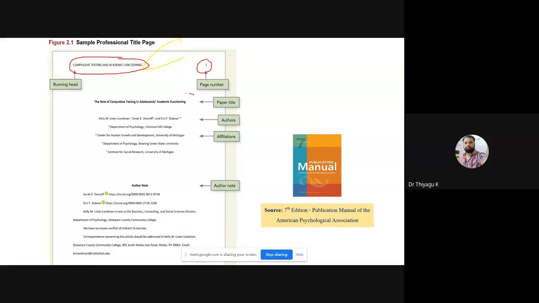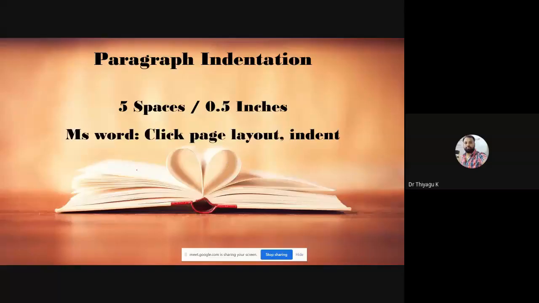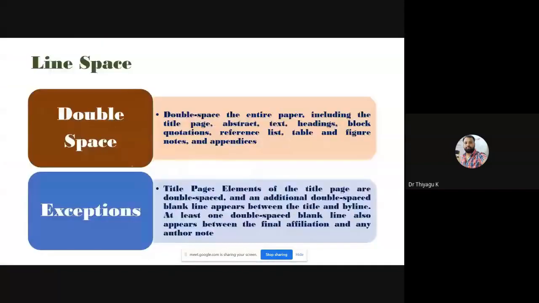The title of the paper should be in small letters, only the first letter of the key terms should be a capital letter. The author's name should be typed like this. See the spaces, I already mentioned, the spaces should be double spaces, each line with two spaces. I already mentioned that there is a small exception in the spaces. See here, the spaces exception: only on the title page does the exception happen.